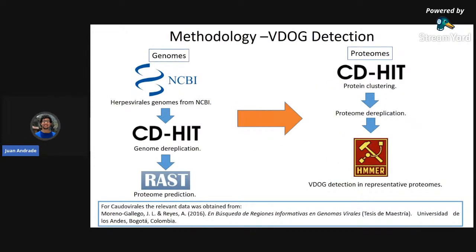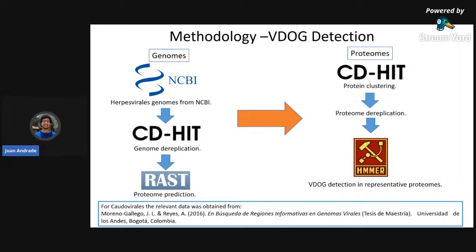All of the analysis I'm going to show you are based on a master's degree thesis from my lab from 2016 by Leonardo Moreno. What he did was basically define these VDOGs, and I'm going to explain in the next slide more specifically what VDOGs are. Suffice it to say for now that they are orthologous groups of viral protein domains. So this master's degree thesis by Leonardo Moreno defined those VDOGs based on the information of complete viral genomes that he could find in NCBI in early 2016. And after defining those VDOGs, he generated an HMM for each of the VDOGs, and then generated an HMM database for the complete VDOG dataset. So we already had that.